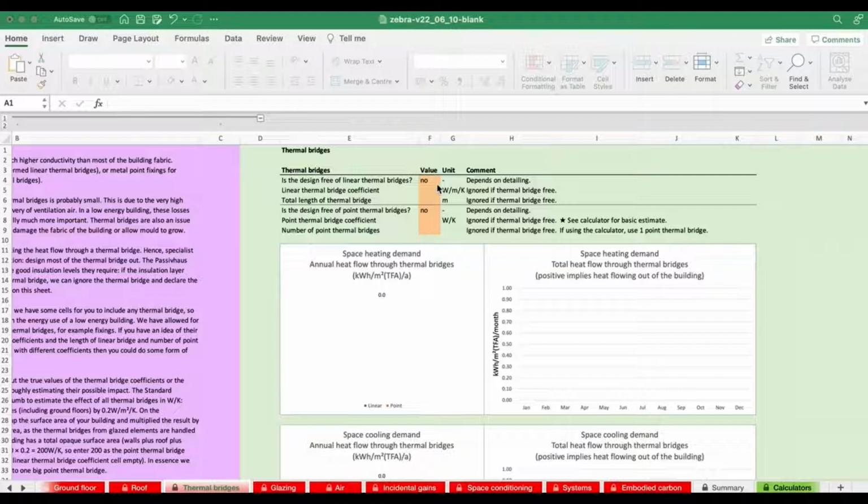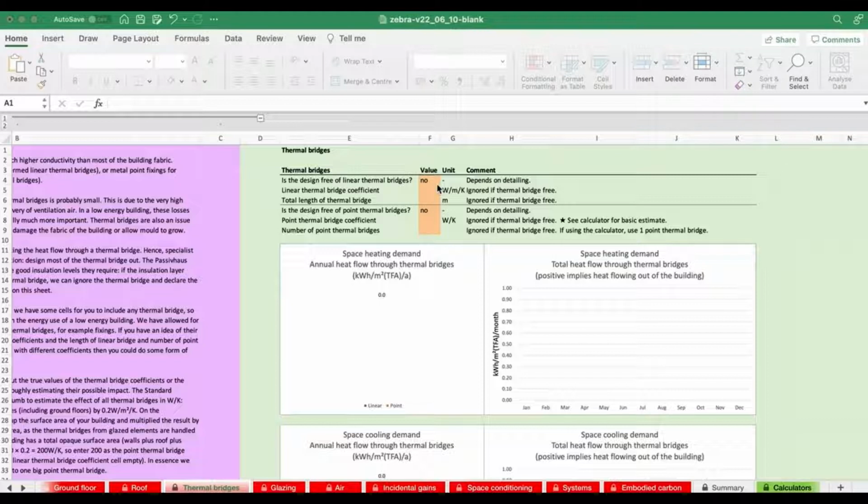We don't have enough design details yet to decide how many thermal bridges we have, if they're point thermal bridges like wall ties and things, balcony supports, etc. We don't have enough information about linear thermal bridges either, so that's things like lintels, etc. So we're going to have to do a calculation based on some default settings.